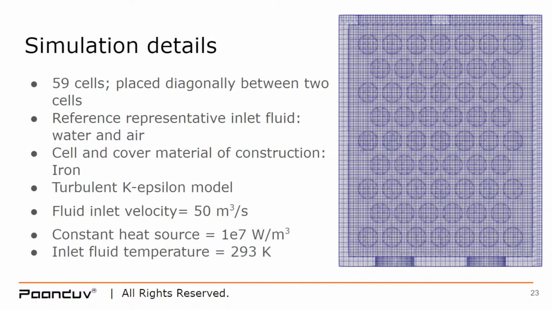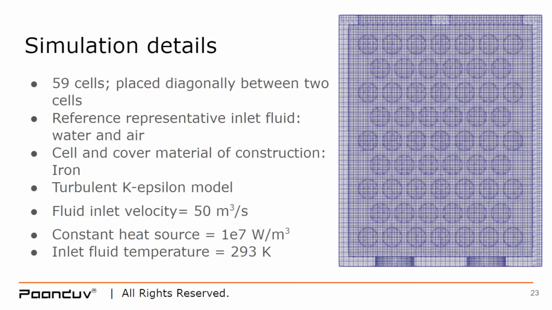So you can look at these circular cells. It's a top view, so you see the 2D plane of the cells here, and the meshing grid is also visible. So you can see that the cells are also captured in this computational domain. It's not just the surface of the cell, but actually the volume of the cell, which is modeled in this simulation. Reference representative inlet fluid is air, and the reason is because air cooling is successfully deployed by some of